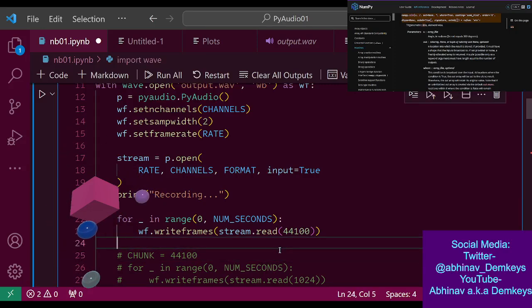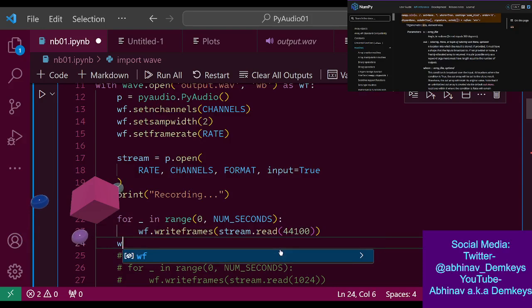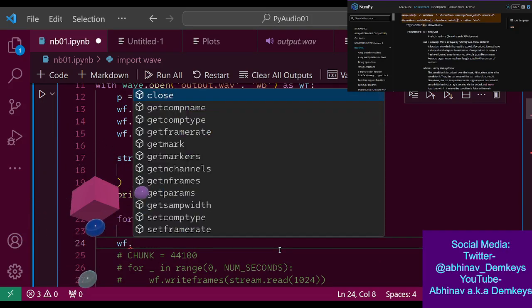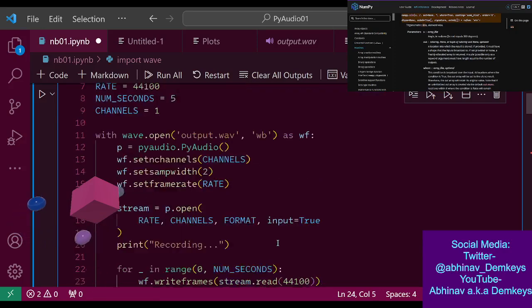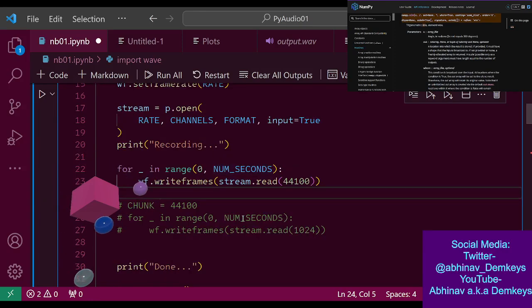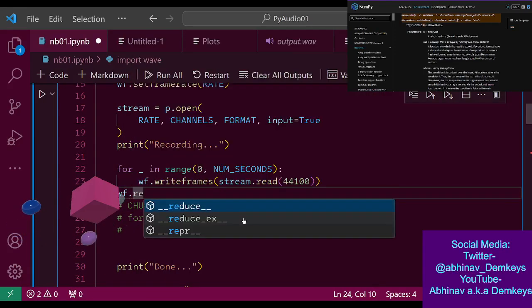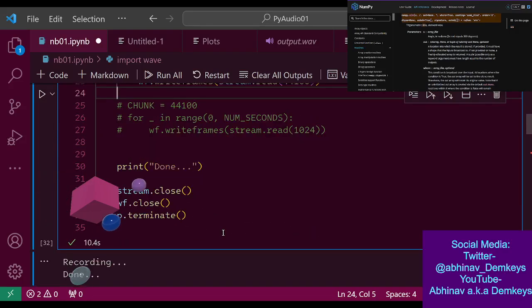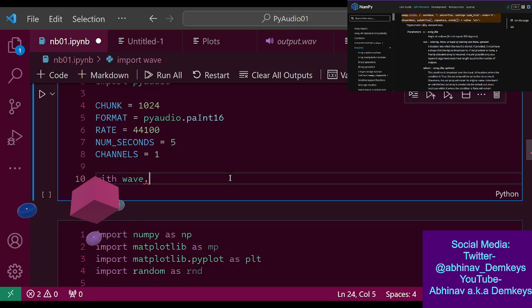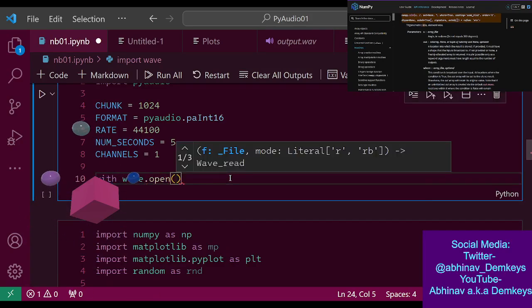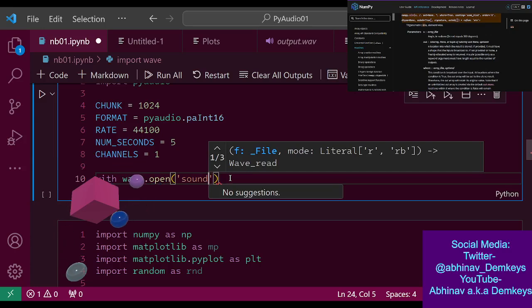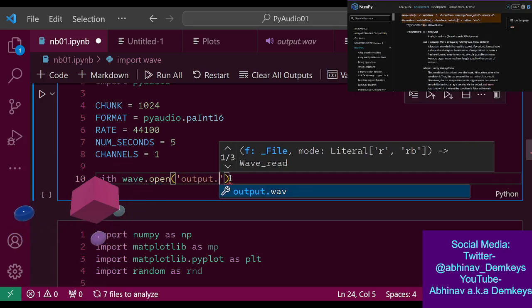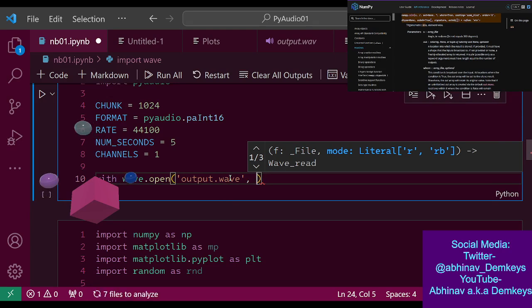So I can just read from the wave file. Wait, this is open for writing. I can open it for reading. There won't be a read here because I haven't done a read, so I can open it separately. Do I have sound files here? No. It's output.wave, and I can open this in read mode.